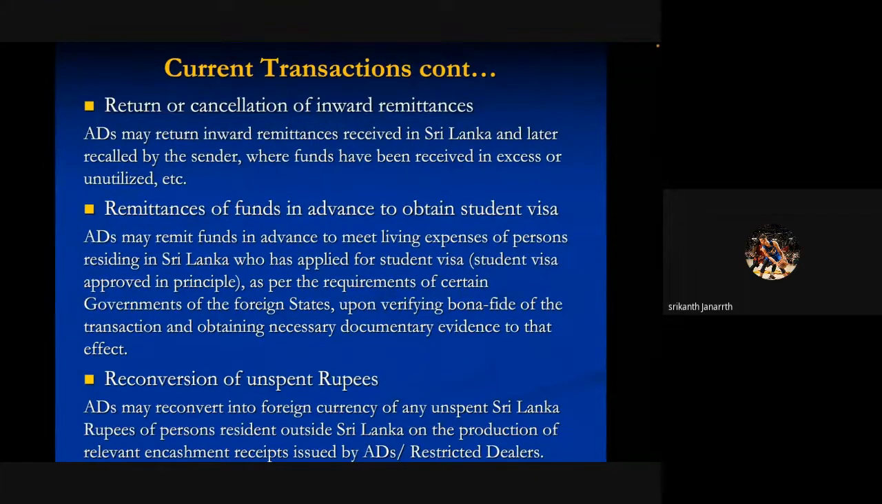Otherwise, our student cannot go if the central bank does not allow this kind of payment to be made. No student can go to New Zealand, because if the regulator says no visa money can be remitted unless the visa is given, then only the payment can be made, then nobody can go to New Zealand, right? So the requirement is before you get the visa, you have to submit the visa fee, the student visa fee. So verifying the bona fide of the documentary evidence and necessary documents, the bank can remit the money,